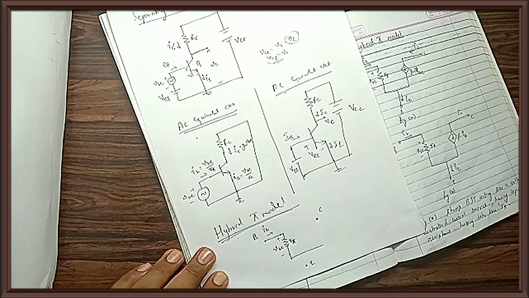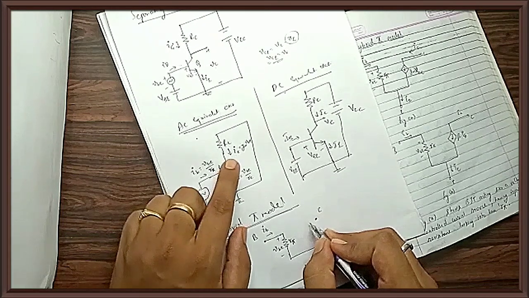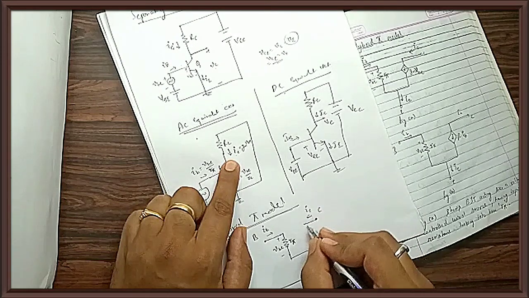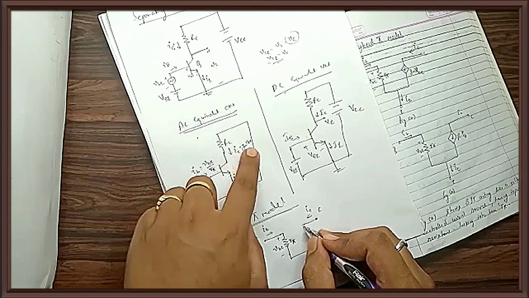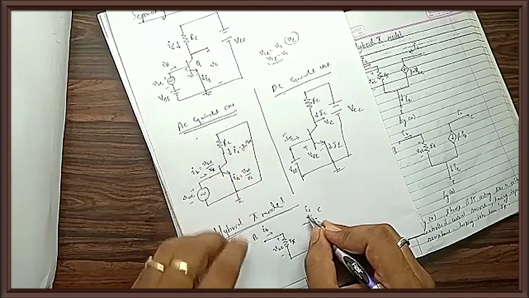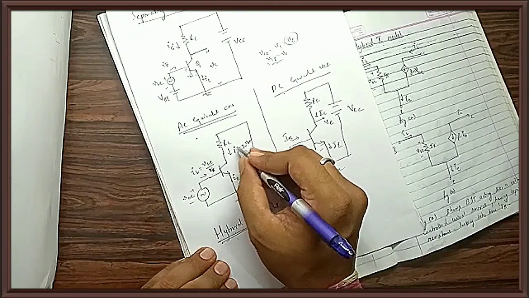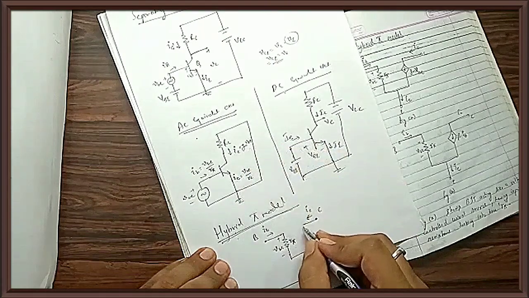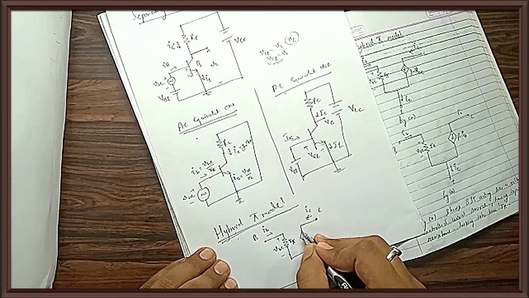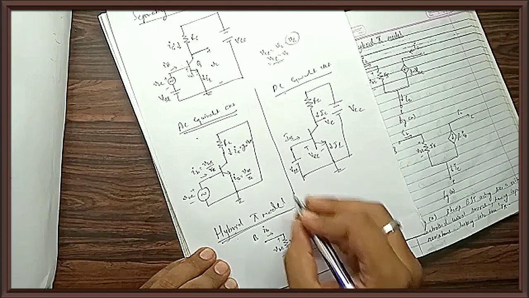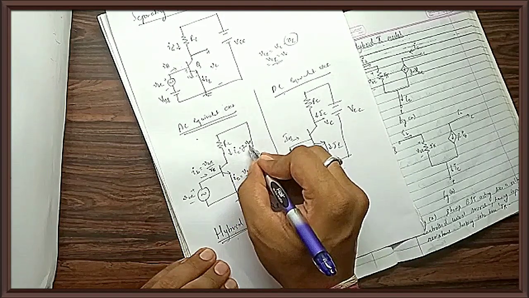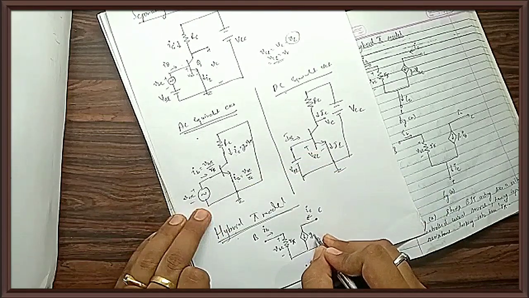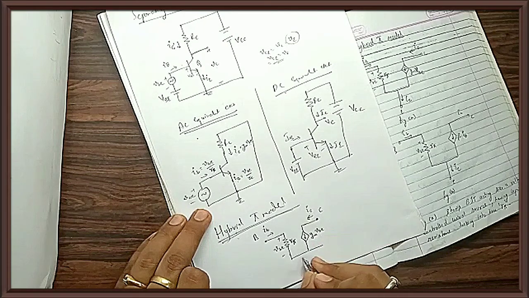Correct? Similarly, what do you know about the output side? On the output side I have the collector current IC. What is IC? It is small i subscript small c, the AC collector current. What is the function of the AC collector current? It is GM into VB. Since this is a current source, I write a current term, and there is no resistance concerned here. I will replace the output side by a dependent current source. Why a dependent current source? Because the output current depends on the input voltage applied, the input AC voltage. That's why I'll write this as GM into small VB.